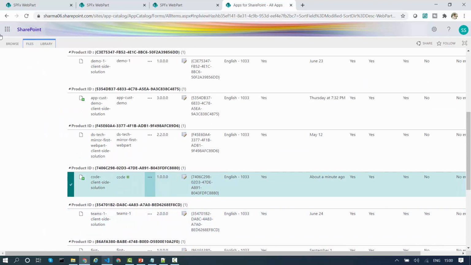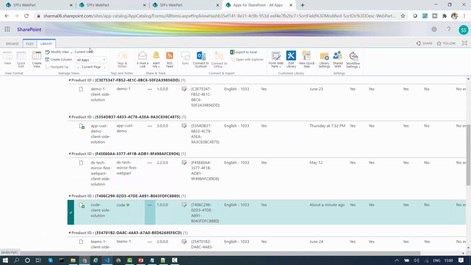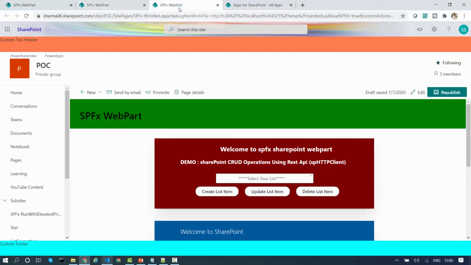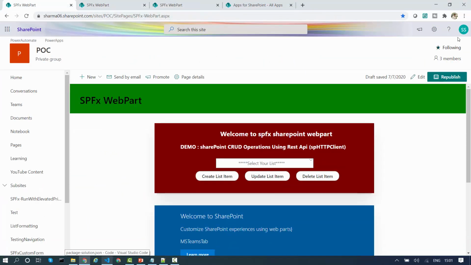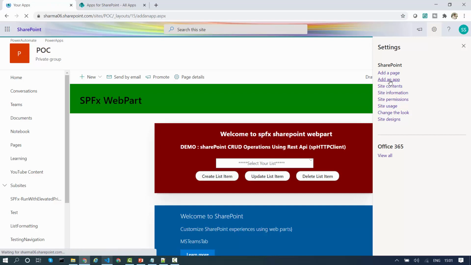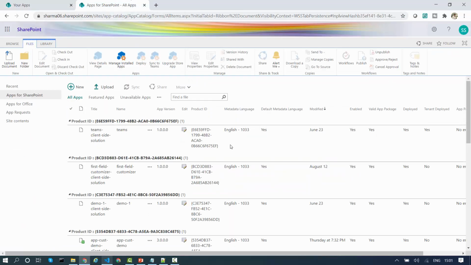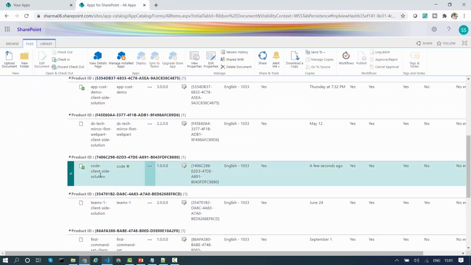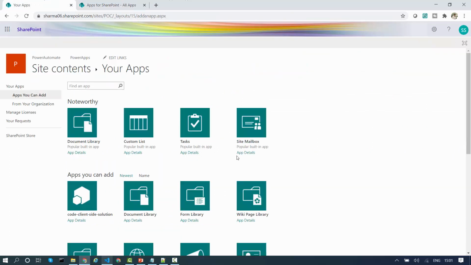Okay, so over here now I will go and check in the file. So this is fine. Now I will go and add this in my site. I will close all the other tabs. I will say add an app. I have to check the name of my application customizer. Code client side solution is the name, a few seconds ago.